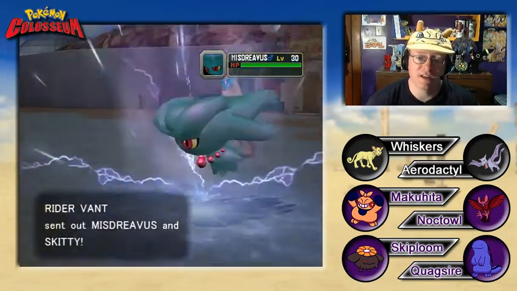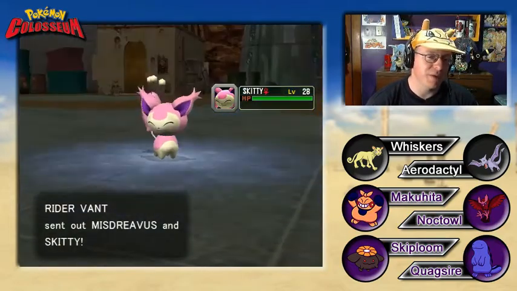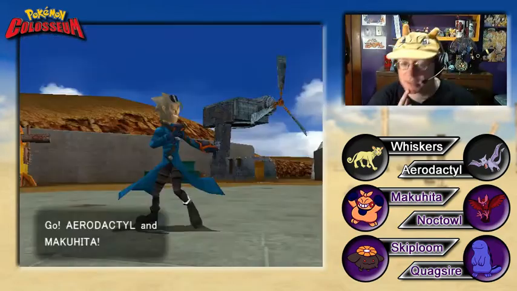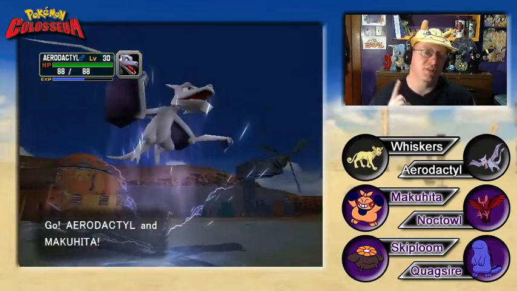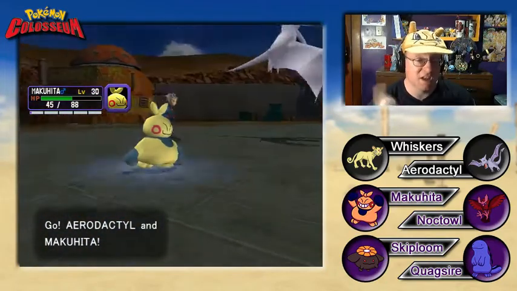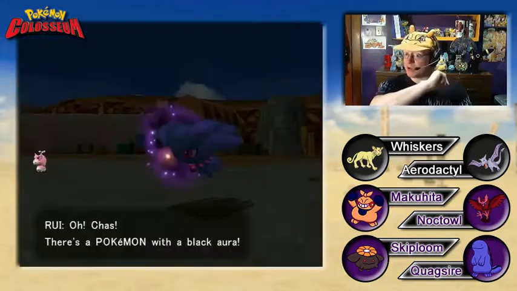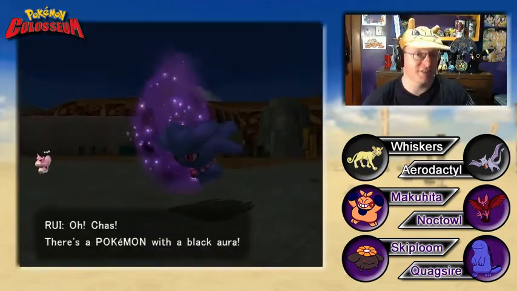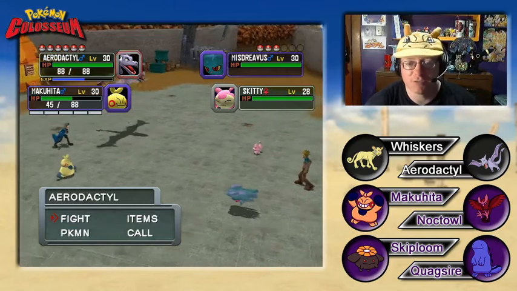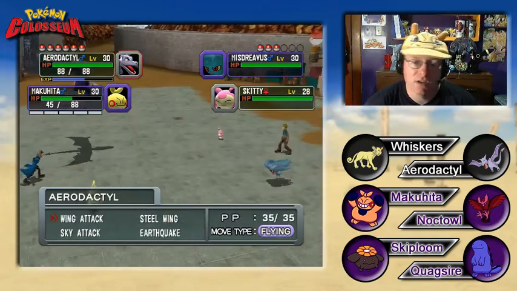Misdreavus and Skitty. Level 30 Misdreavus. What does that tell you? Probably be in the Pokemon we can add to the team. And Makuhita. Now, I believe this should be the last of Makuhita's heart gauge. So I can switch Makuhita out to start lowering the heart gauge of someone else. But, meanwhile, we have the Shadow Misdreavus, which does have Levitate, so we can't go for Earthquake to weaken it, but we could go for...